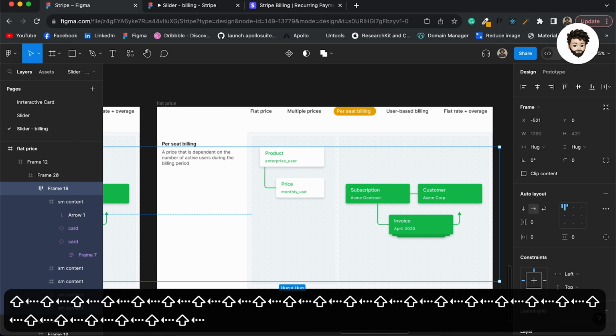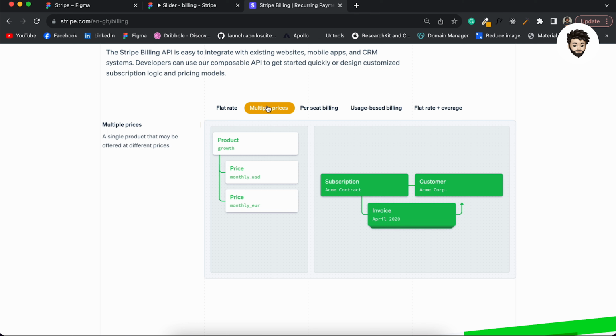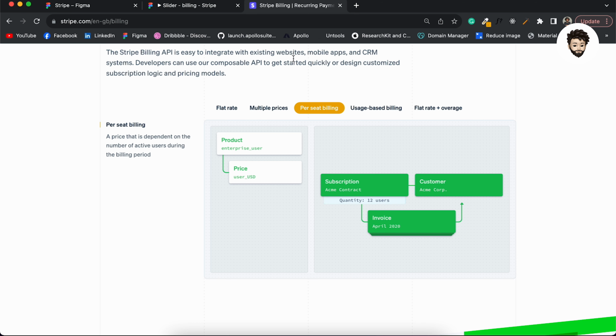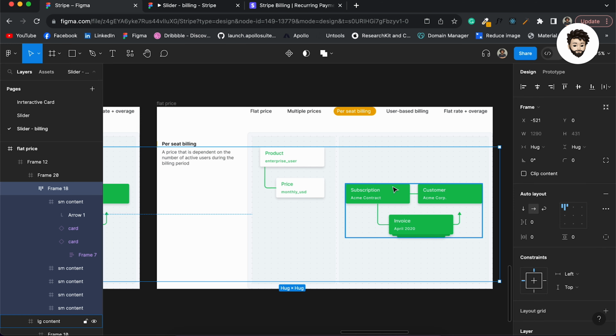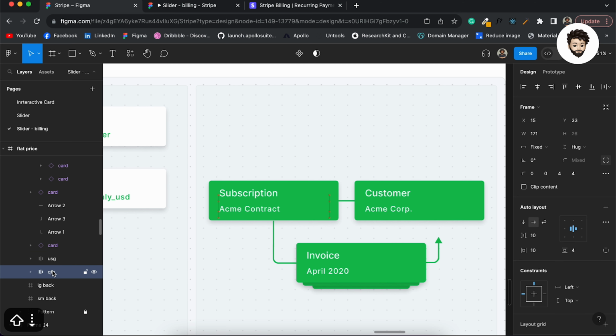But at this point, you see a new card appears, from this state to this state. So what we need to do basically is come here and use this one. The first one is the quantity maybe, so I'm going to push it down just like this,